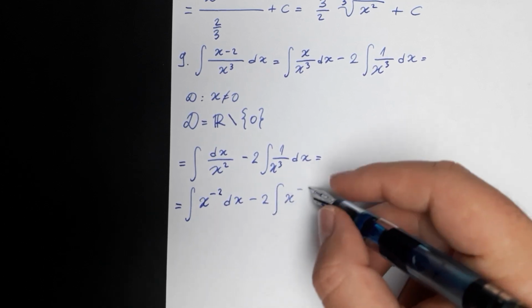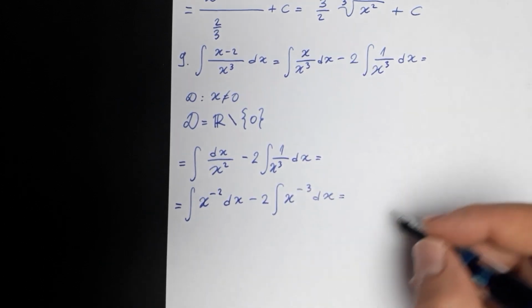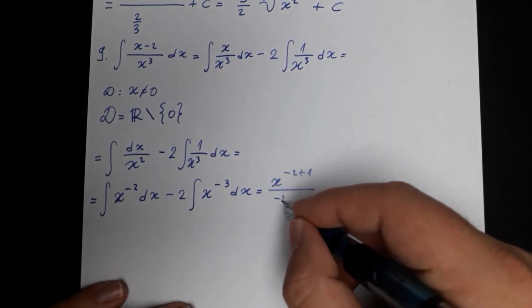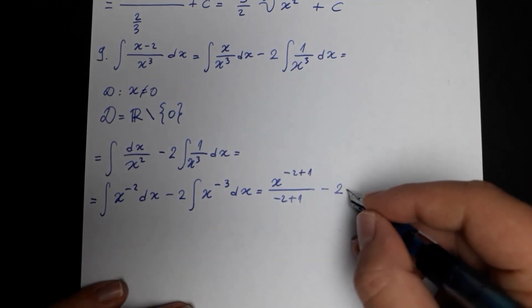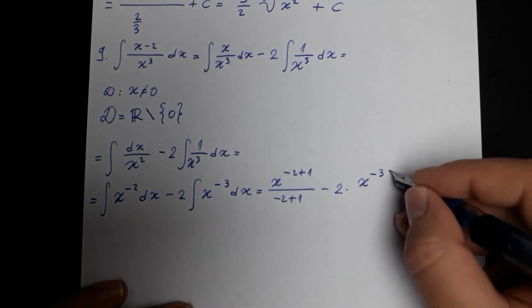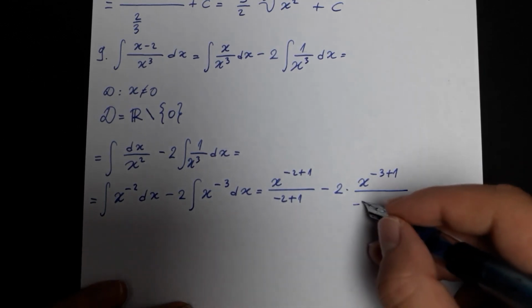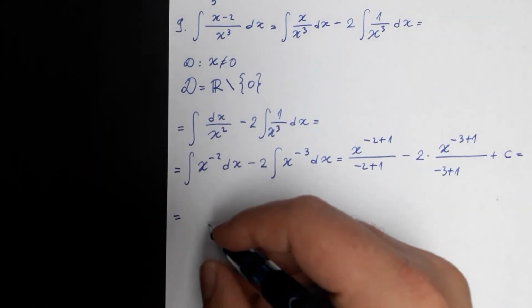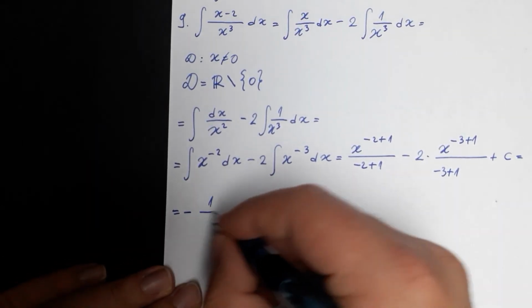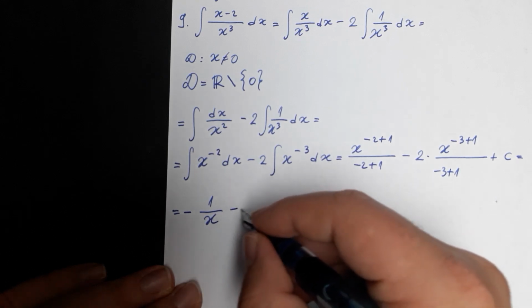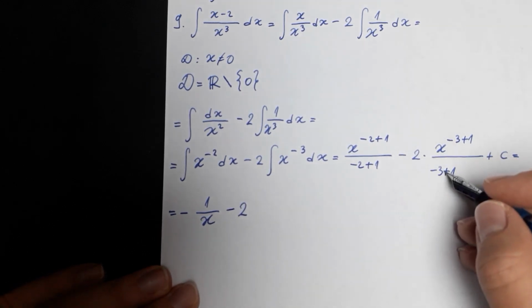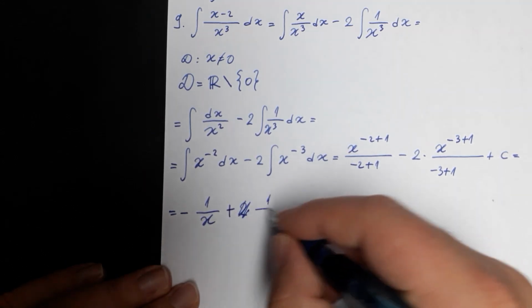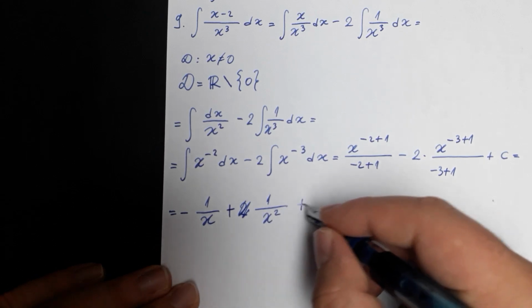integrals of x to the power negative 3 dx, which is going to give us x to the power minus 2 plus 1 divided by minus 2 plus 1, minus 2 integrals of x to the power minus 3 plus 1 divided by minus 3 plus 1, plus c. This is equal to negative 1 divided by x minus 2. The 2 and 2 are going to cancel out, so we are left with